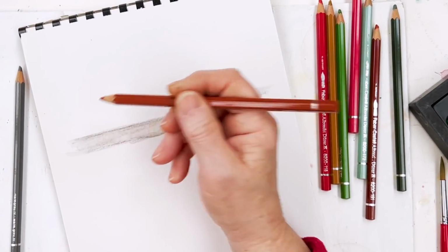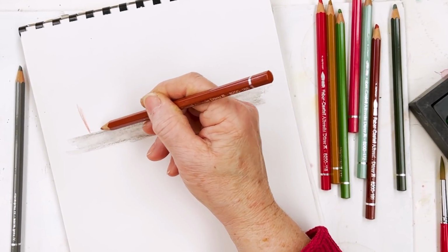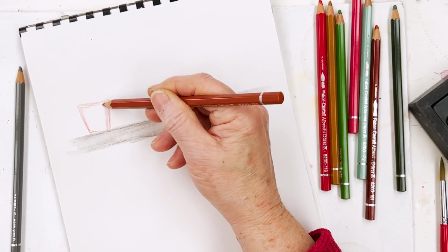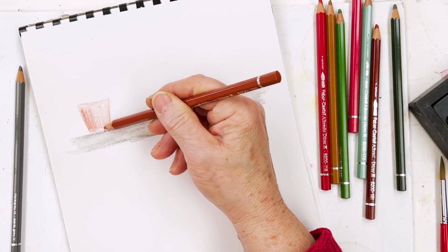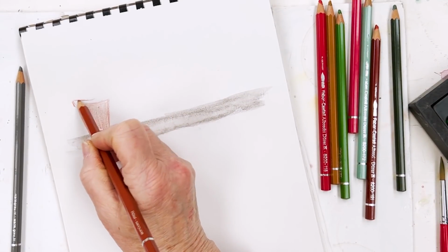The way I do it, I don't do a drawing first for things like this. I just draw in the pencil, and I'm not going to be in any way careful whatsoever, because the way I do it is a combination of pencil work and painting. So I'm just going to drop that in like that, and then we'll do the wider bit at the top